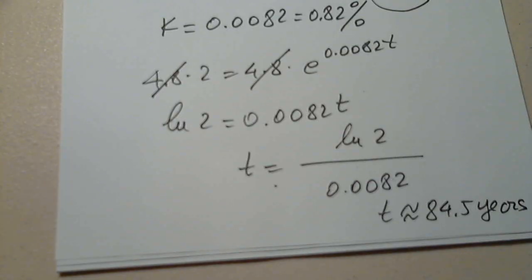In 2020 they had 4.8 million. If they want 4.8 times 2, which is 9.6 million, they will have to wait roughly 85 years. So in 2020, I'm sorry, in 2100,